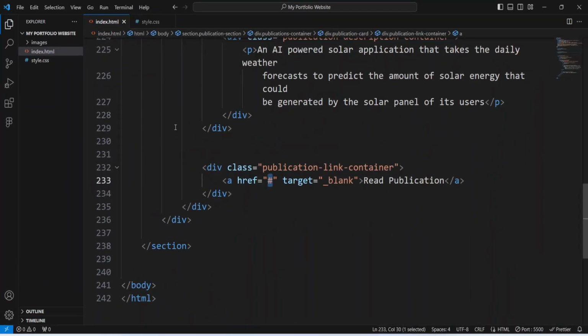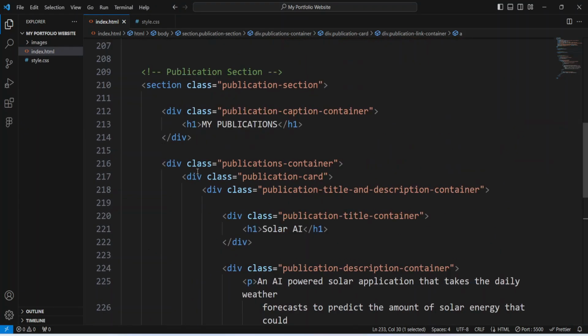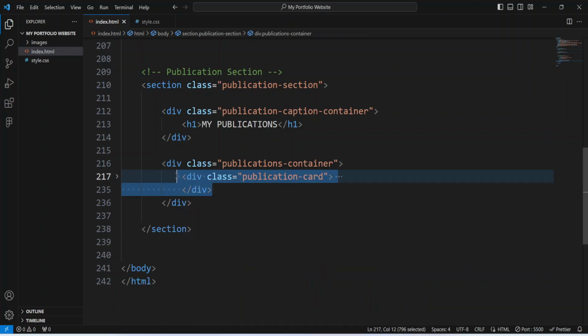Let's do that. To do that, we are going to come here in HTML and ask ourselves, what are we trying to duplicate? We are trying to duplicate the publication card. So you'd identify the opening div tag of the publication card. You would come here, also take note of its number, click on the little drop down arrow there to collapse it, copy this